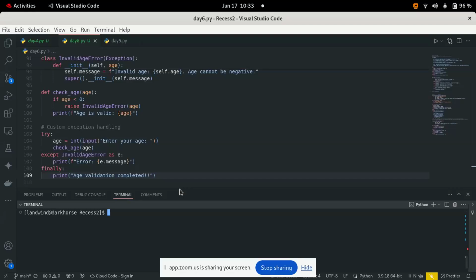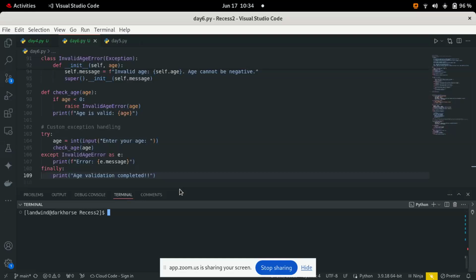I've also defined a custom method for checking age. If age is less than 0, then I raise my custom exception, invalid age error. If age is valid, greater than 0, then I print the age using print format. Then down, I try to do some custom exception handling.